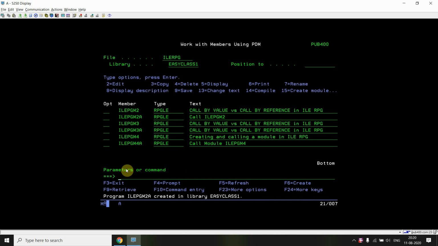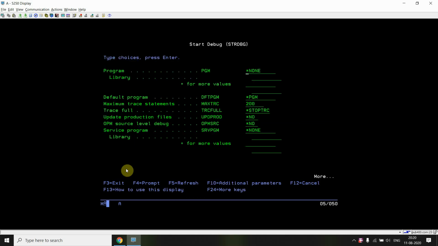I'm not calling any module or other things like procedure. So in case of calling a program, we don't need to bind anything. We just need to bind the same module which I'm creating. Okay, so now this is created. Just do the debug, strdbg ILE PGM2, set the breakpoint.